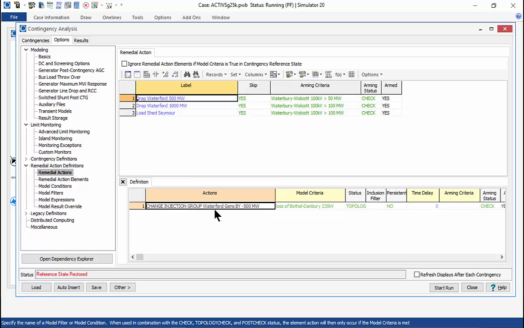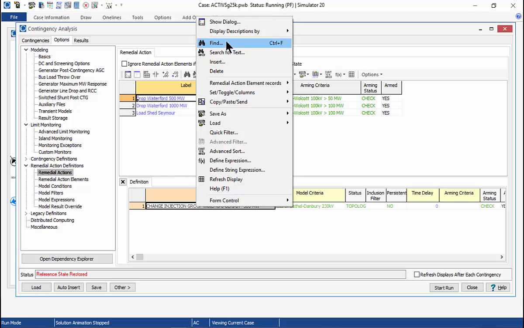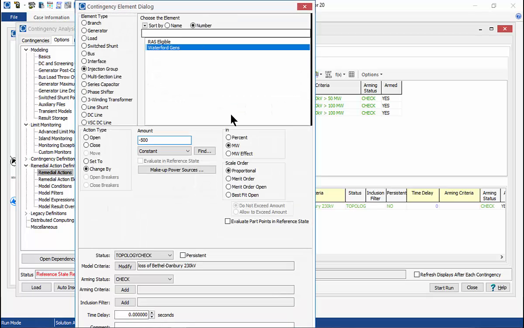You can have more than one action if you want, but in this example, we just have one. So this action for the remedial action scheme called drop Waterford 500 megawatts has a single action of changing an injection group output. And if I show the dialog on this, then I can see it references an injection group called Waterford Gens, which was also loaded from the auxiliary files, as we recall from looking at the log. And it changes it by minus 500